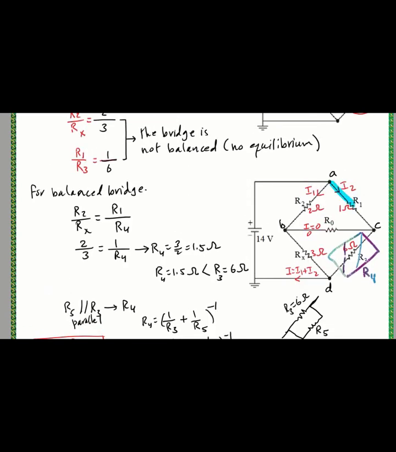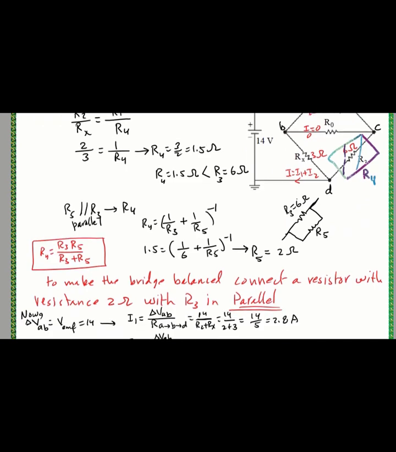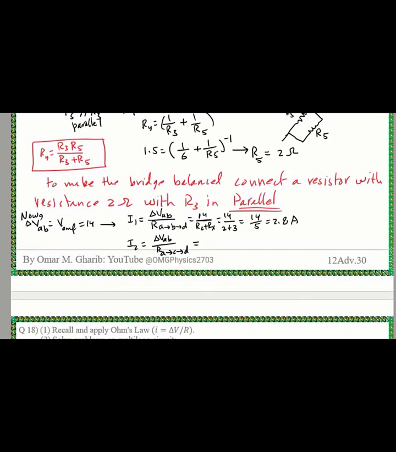From A to D through C, we have two resistors. They are R1 and R4. Again, it is not R3, R4. So delta V AB over R1 plus R4. Delta V is 14, R1 is 1, R4 is 1.5. So the answer is